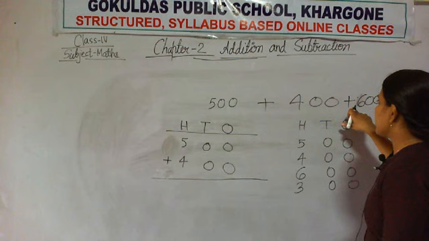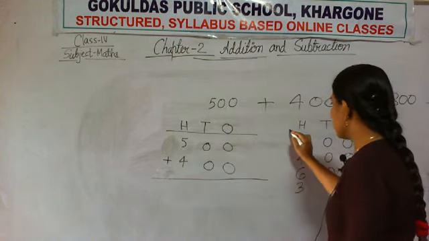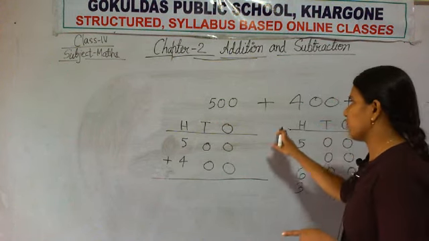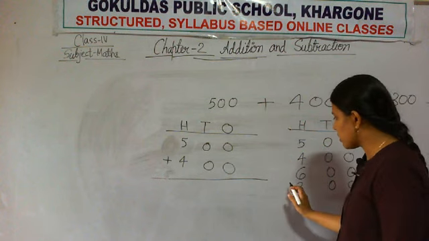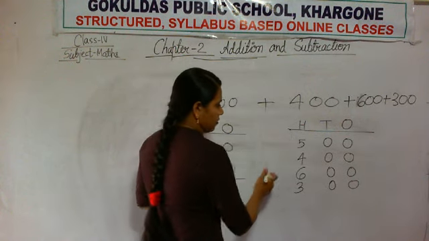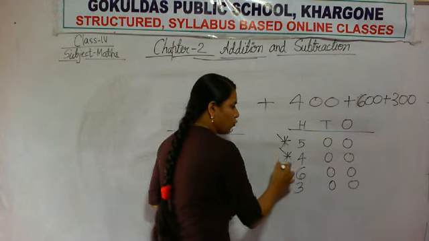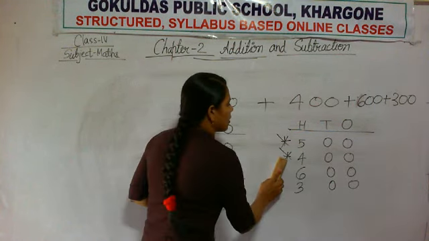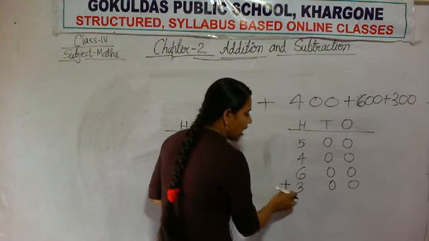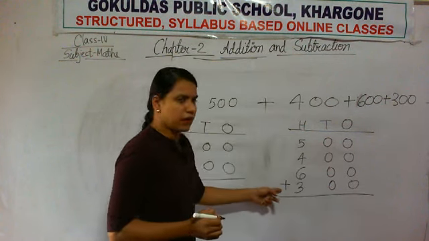Now you can see that here you have to add all these numbers. What is your task? You have arranged the numbers in columns. Now you will put the symbol. You are performing the addition operation, so you will put the symbol. Now where will you put the symbol? Tell me. Here? No. Here? No. Then where will you put the plus symbol? I told you that just left of the last number you will put the symbol.